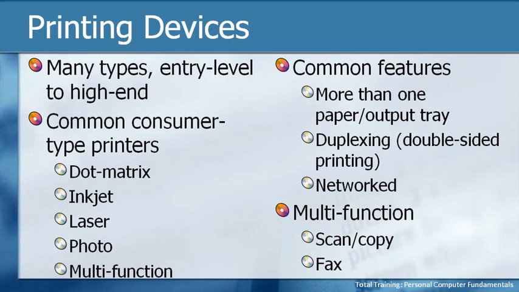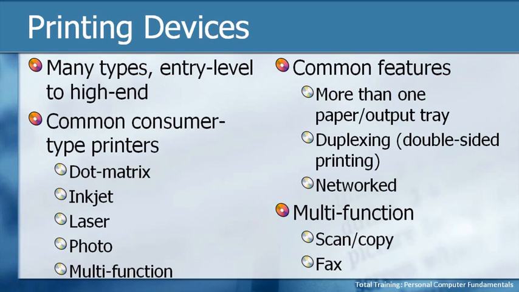It's almost like a crayon that they use instead of regular ink or toner used in a laser jet. And sometimes for special things, you may also see something called a dye printer. So all different kinds of things to actually get the color on the page, but they all kind of fall into these categories. For general consumer printers, inkjet, laser, photo, and multifunction are the 4 categories that you'll be most